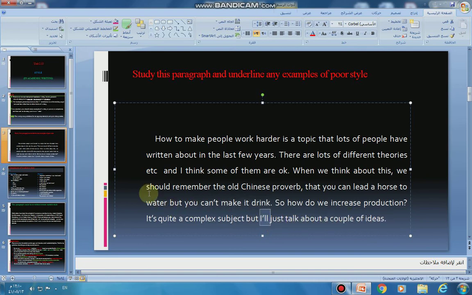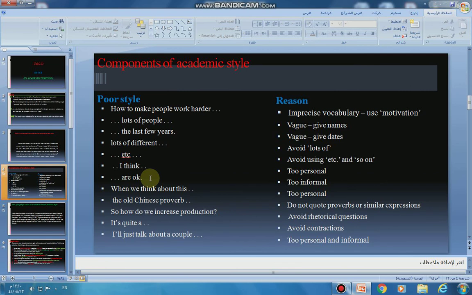So actually, this paragraph is a bit problematic as far as the style is concerned, and we can see the key points which have poor style in the following sheet. The first part, how to make people work harder, is imprecise vocabulary. I mean, it's not accurate. You have to use more accurate words, because when you say how to make people work harder, this